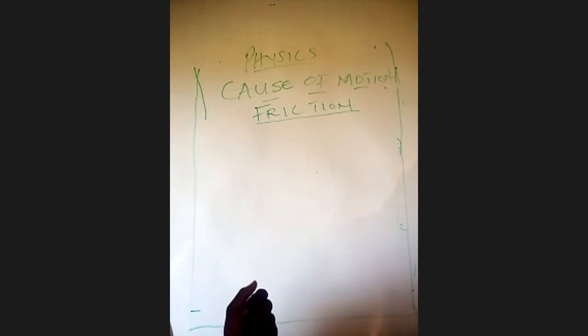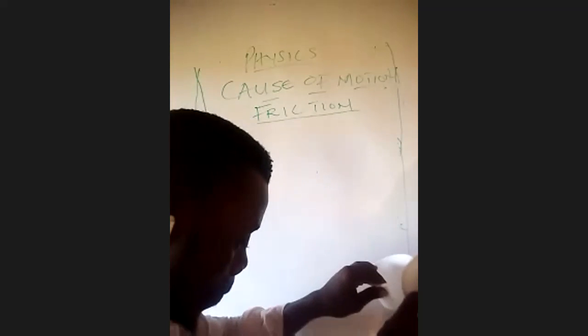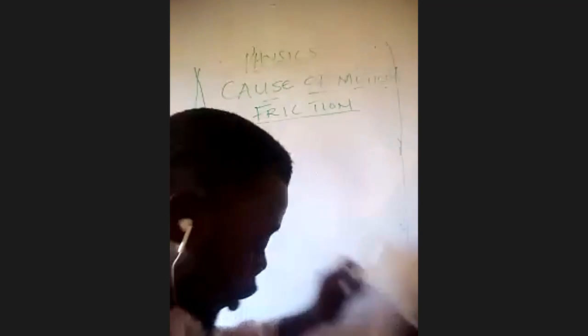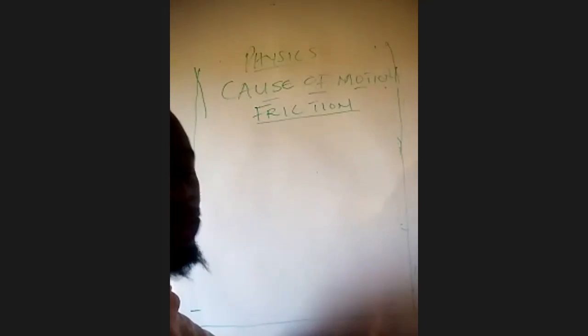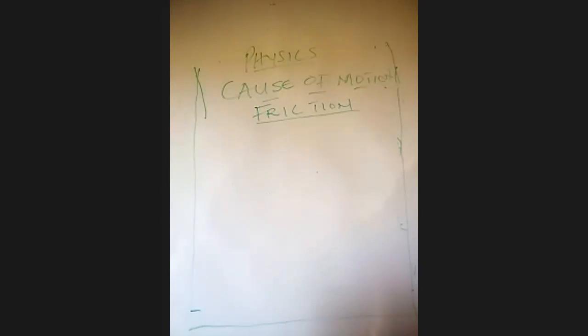Friction will never appear unless there is a relative motion or a force tending to produce motion. What they are trying to say is that if a body is at rest without anybody applying any form of force, friction will not occur. Friction will occur when the body tends to move. When there is a force tending to produce motion, friction always appears to oppose the motion or the force tending to produce motion.